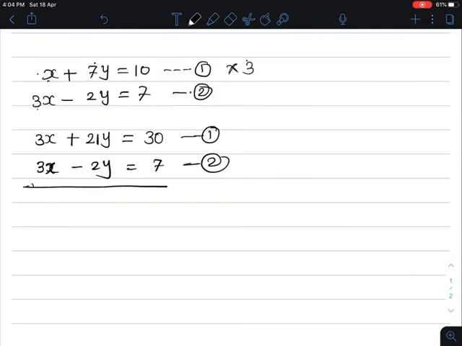When we subtract, plus 3x becomes minus 3x, minus 2y becomes plus 2y, and plus 7 becomes minus 7. So 3x minus 3x cancels. 21y plus 2y is 23y is equal to